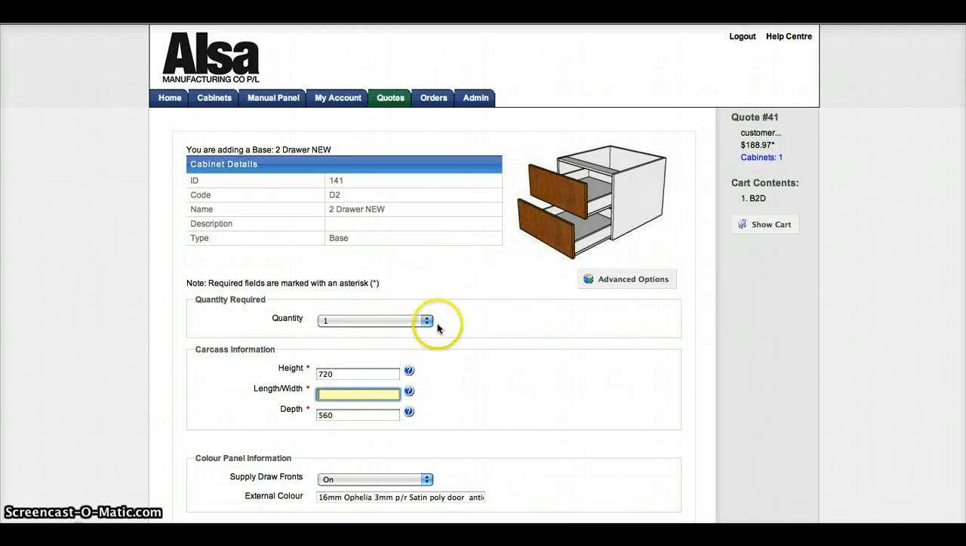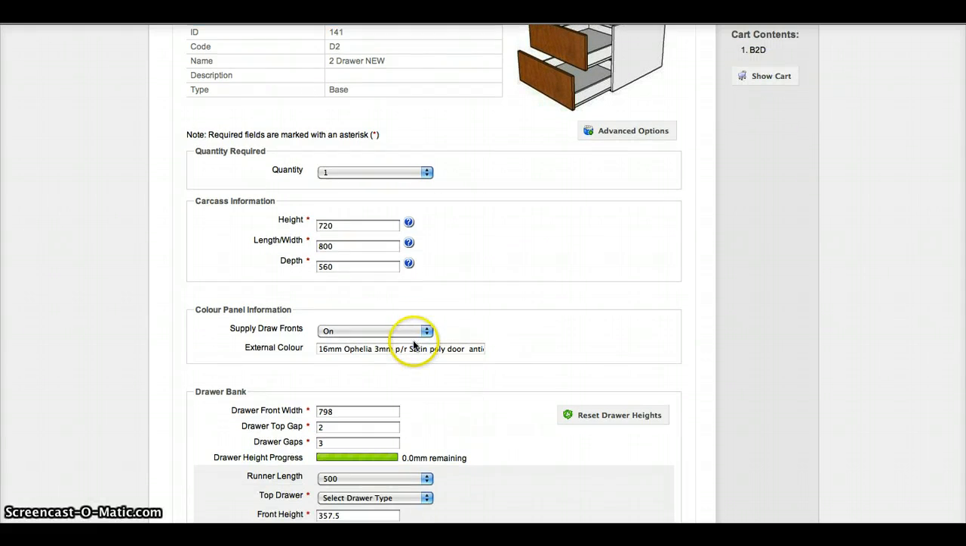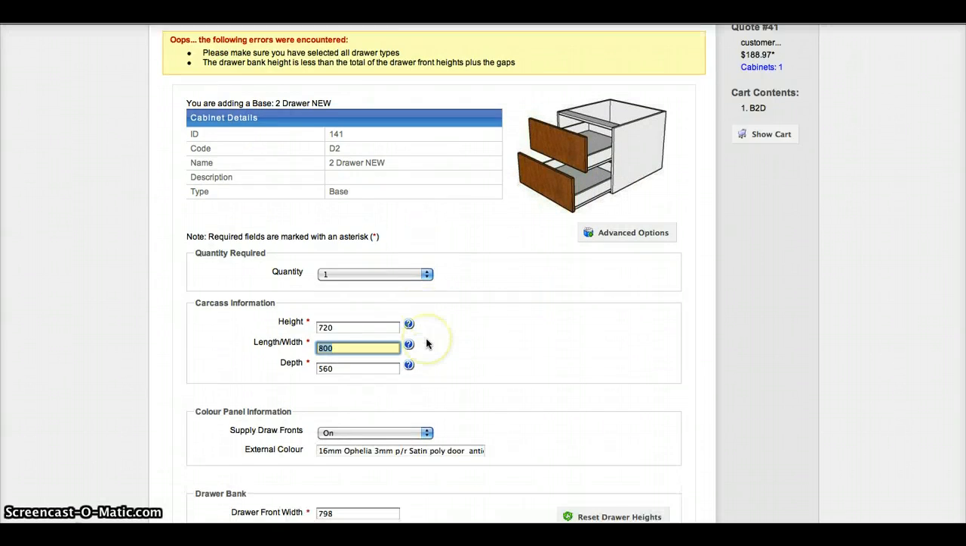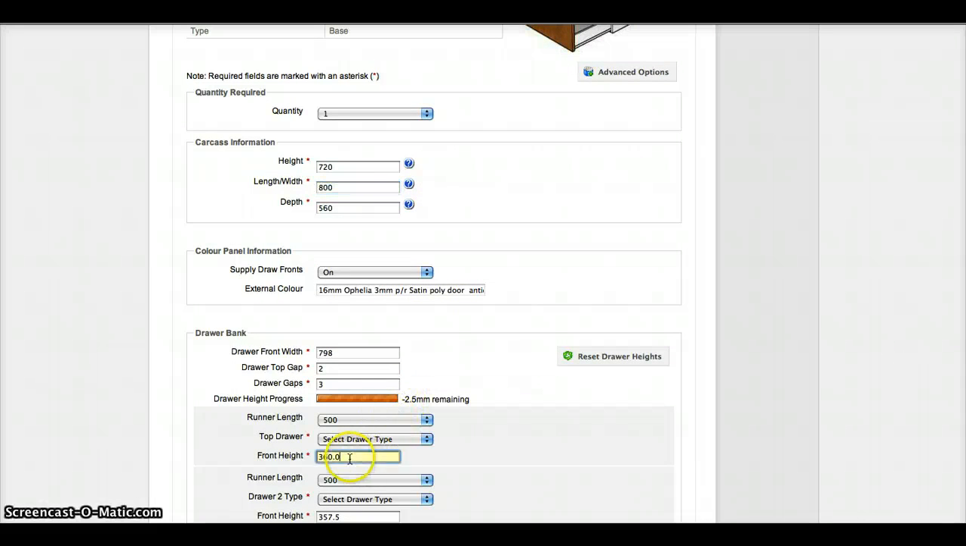We choose one or more of those. The width says 800, and supply drawer fronts, yes. We want the drawer gaps to be 3 millimeters, the drawer top gap 2 millimeters, and this over here shows you if you change the heights of the drawers, you will then have a drawer discrepancy of minus 2.5 millimeters. So we need to get that back to